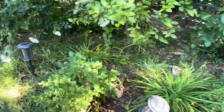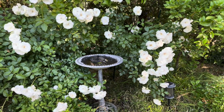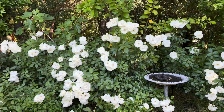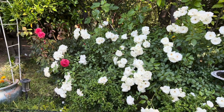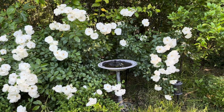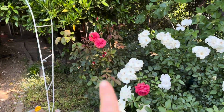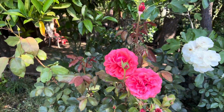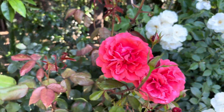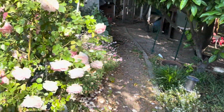Okay. And then we're moving to the Iceberg roses. Look at this. It's just so pretty. No words. No words. I don't remember the name of this rose. Don't ask me, but the smell is absolutely amazing. It's just so pretty. And then we go back to